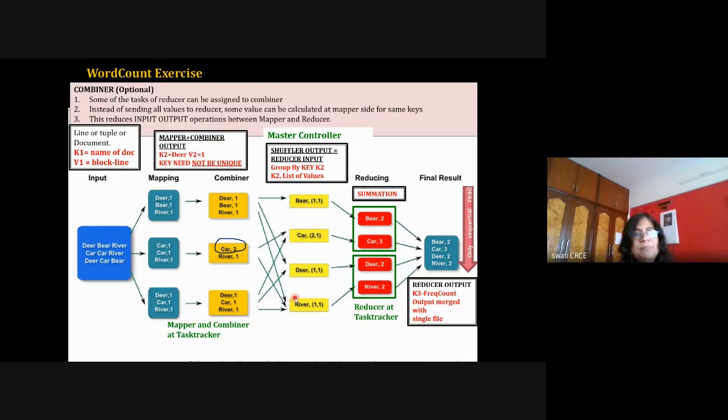So they are shuffled with respect to the keys in such a way that one key is going to one reducer. And now here these keys are unique, so they are not repeated. So one key with the list of values. Here it is repeated, all the keys are repeated with every key having the value 1.